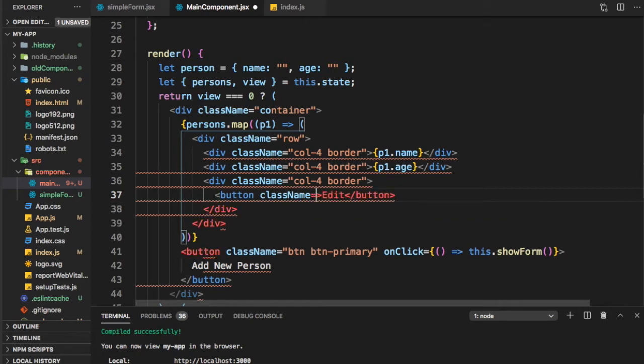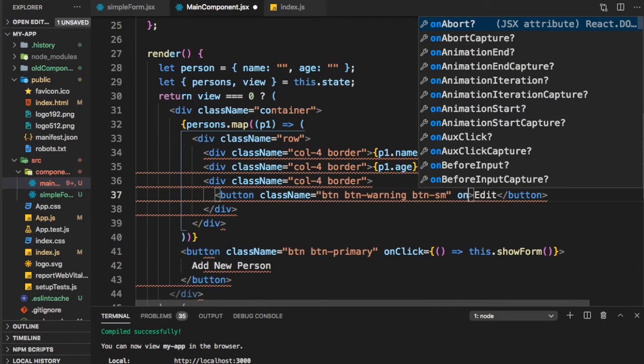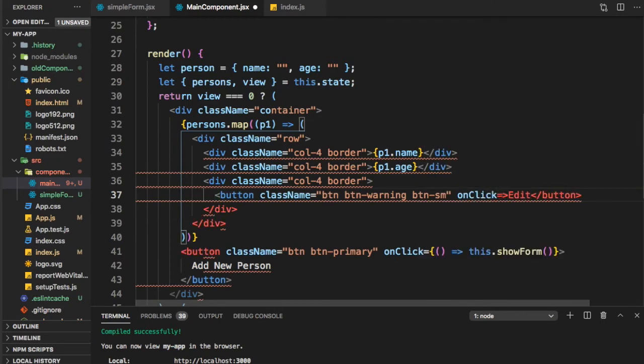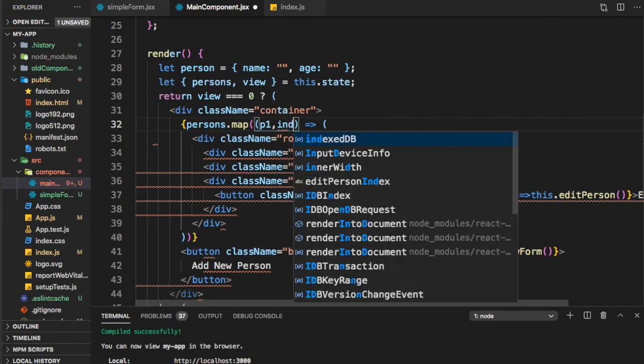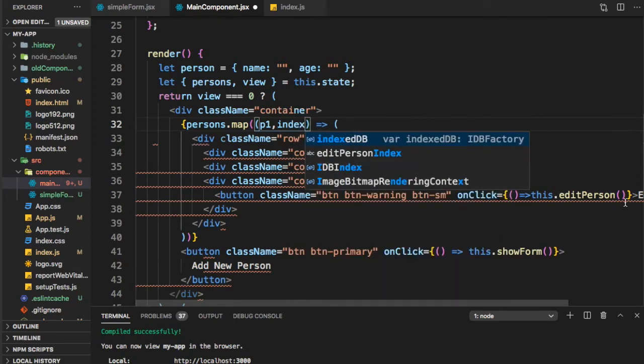Class name is equal to btn, say btn warning, btn sm, and then we have on click this.editPerson. Now we need to know the index of that person. So in the map, let's also pass the index.